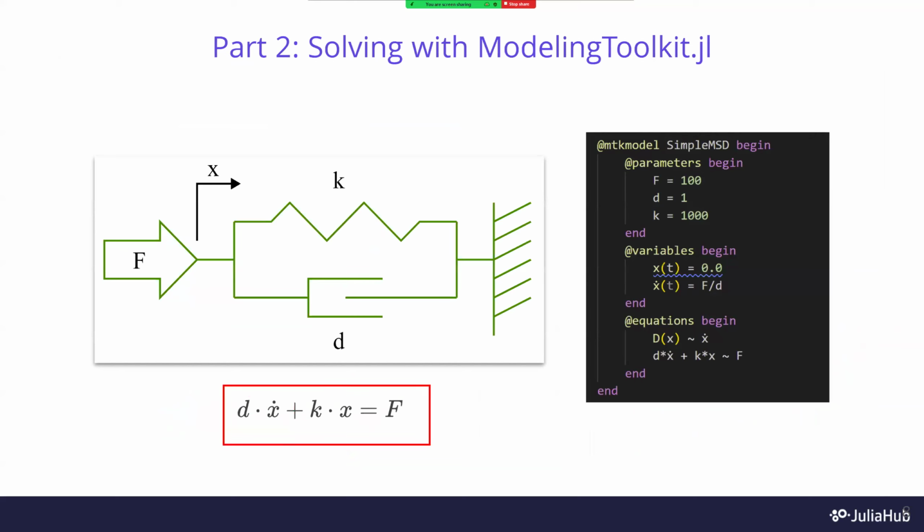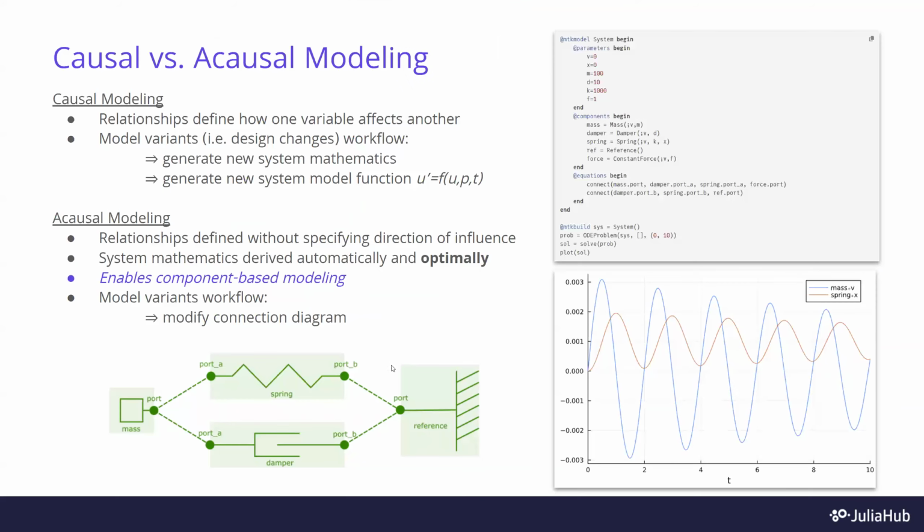We simply wrote down this equation that depicts the relationships, and we gave that to Modeling Toolkit. That's it. We didn't say one's a function of the other. And by designing our systems through this a-causal modeling lens,